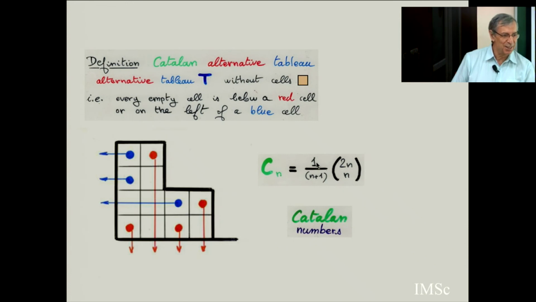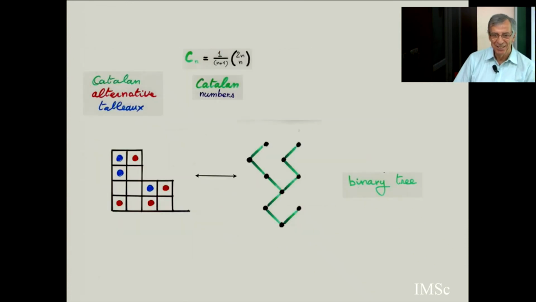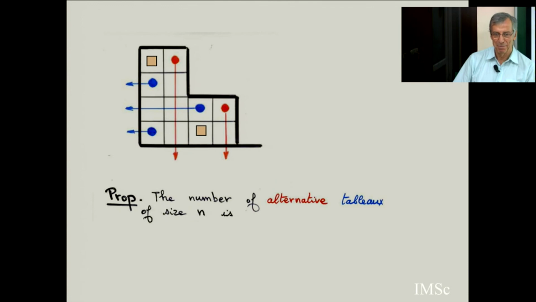And now the general case for q general. So yes, Catalan garden. We will see a bijection between this and binary trees. This will be useful for many problems related to the Tamari lattice, the Loday-Ronco Hopf algebra. All this will be related to beautiful mathematics. And now, in the general case, what is the number of alternating tableaux of size n? It's (n+1) factorial.